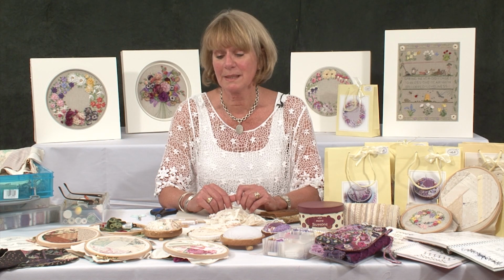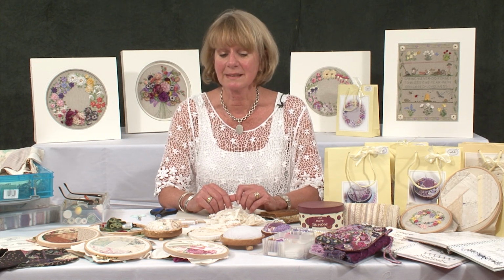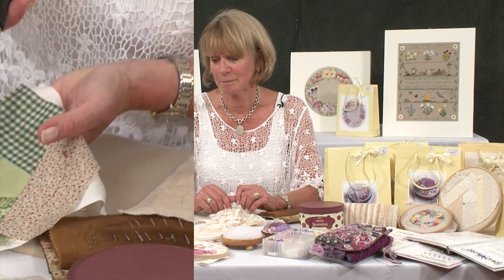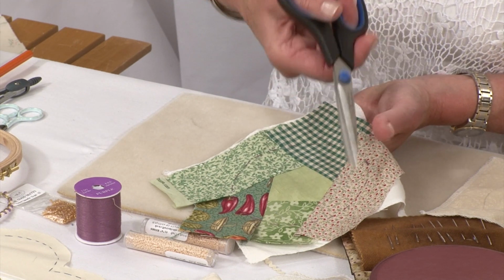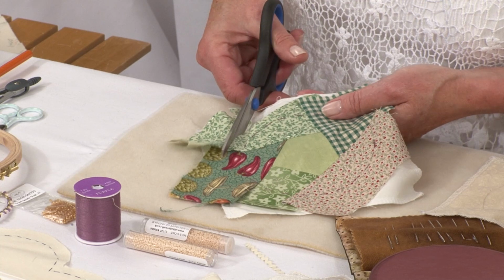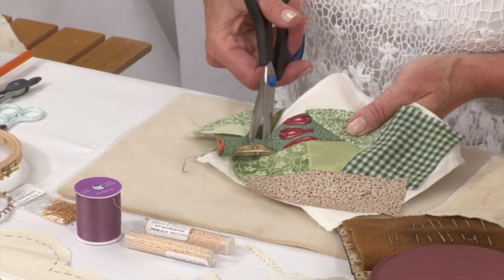Being asked to speak about crazy patchwork and embellishment is an absolute treat for me. It's like being given a sweet in a candy store. I have the tack line on top now, and I leave roughly a centimetre, a third of an inch,